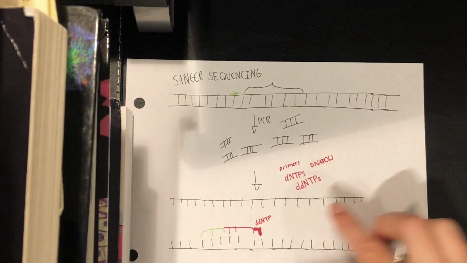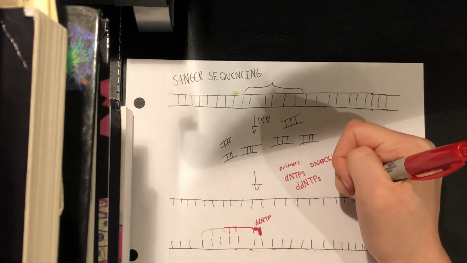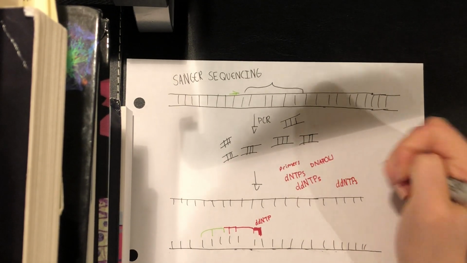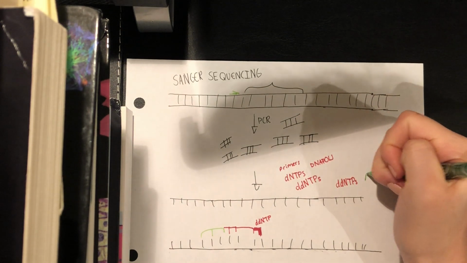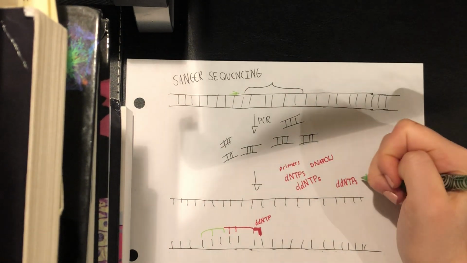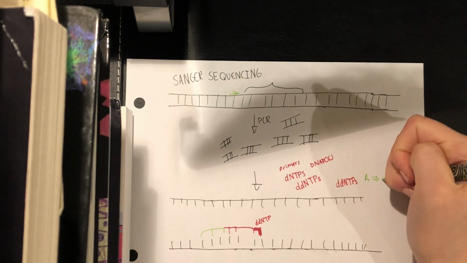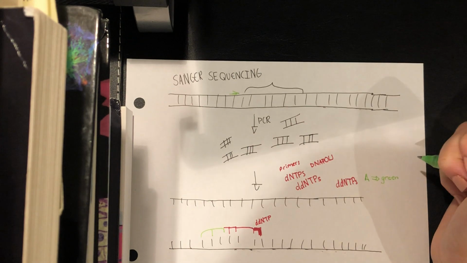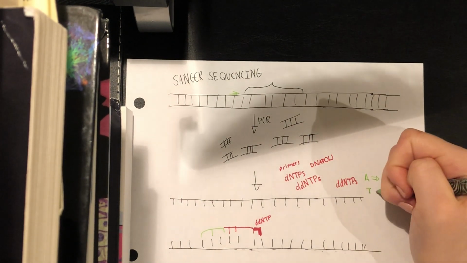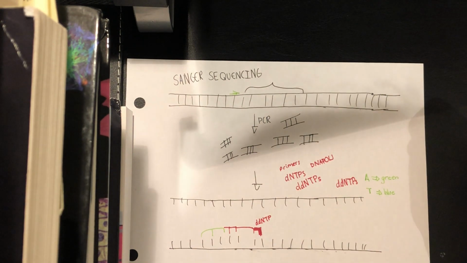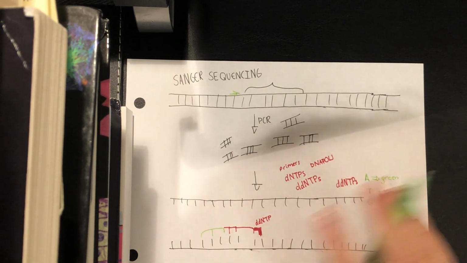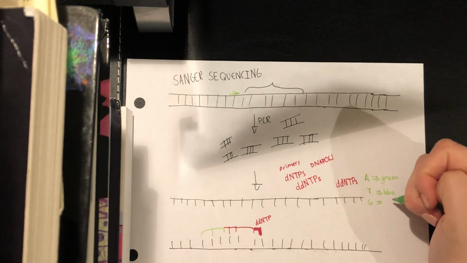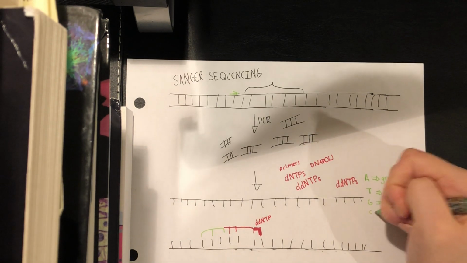And the thing is that these ddNTPs are also tagged, or they have a fluorescent dye attached to them. So for an example, the adenosine nucleotide may have a green fluorescent dye attached to it. Similarly, thymine might have a blue, for an example. G may have a, this is not the primer, these are nucleotides. Sorry, I should have probably done it in another color, but G may be purple, and C may be pink